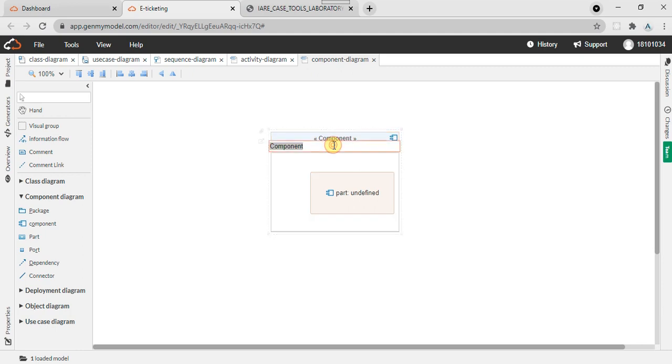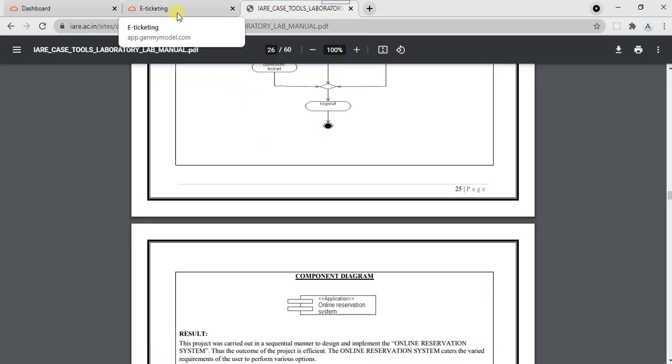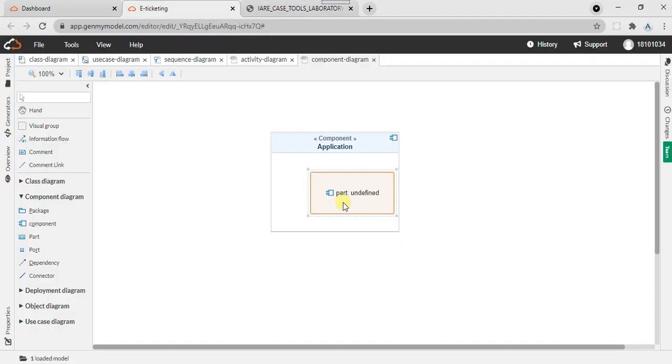Here it is application, right? Here it is online reservation system.